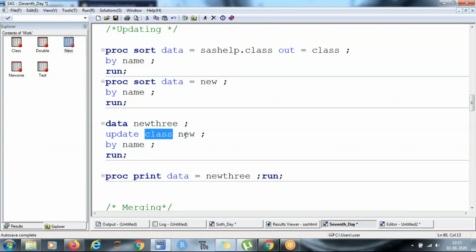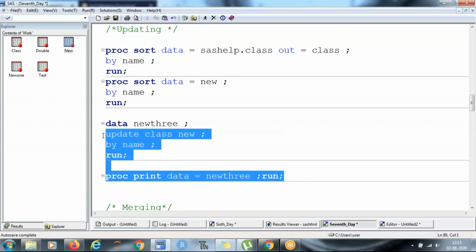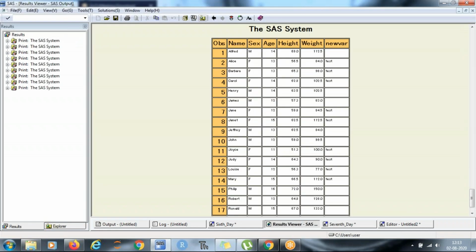So in update, only new information will be updated, which means the weight of Joyce would be updated, rest everything will remain same. Let me run and show you.